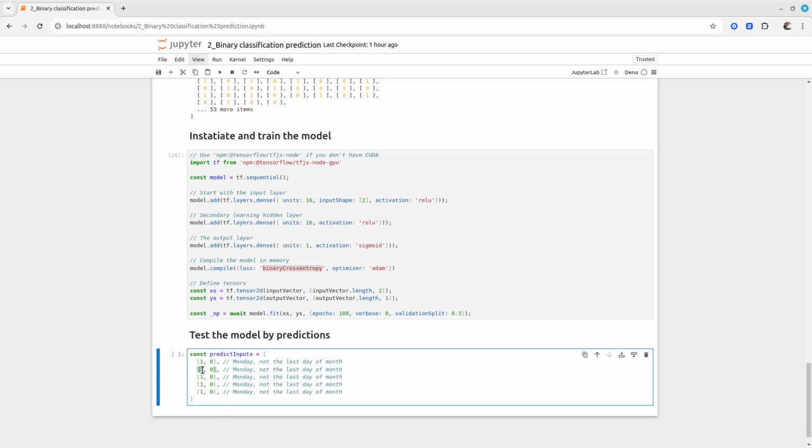Let's add 2 0, which will be Tuesday. Let's add Wednesday, 3 1, and it is the last day of the month. Okay, let's add 4 1, which is a Thursday. This is a Wednesday, sorry, let's not forget. And this Thursday is the last day of the month. And also add 5 0, which is Friday. Okay, and